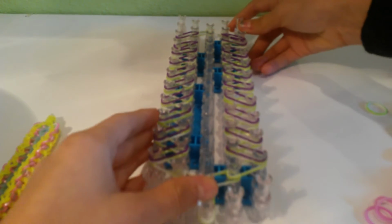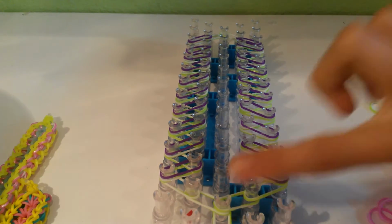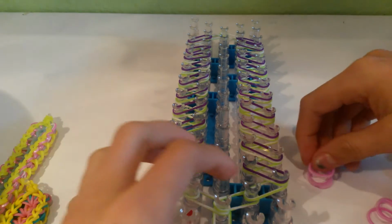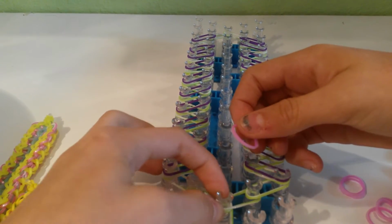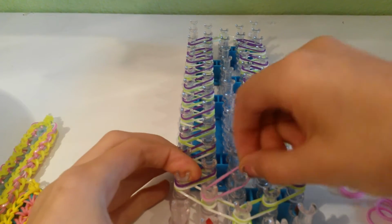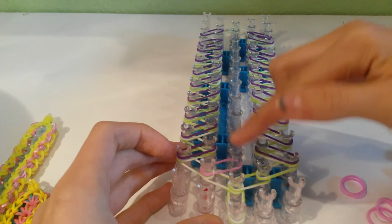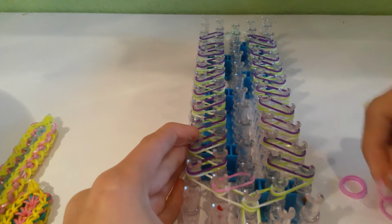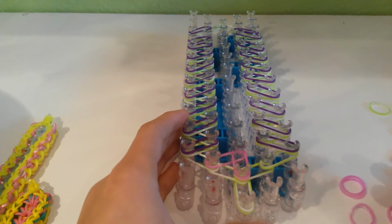Okay, so now I've placed them up both sides, and our next step is to start placing bands in the center. So you're going to take your third color, which for me is the Pink Sweets, and you are going to place your first one up from this second to left bar pin and up a pin. So it'll be like this. And now you place one from the second pin up to the third pin